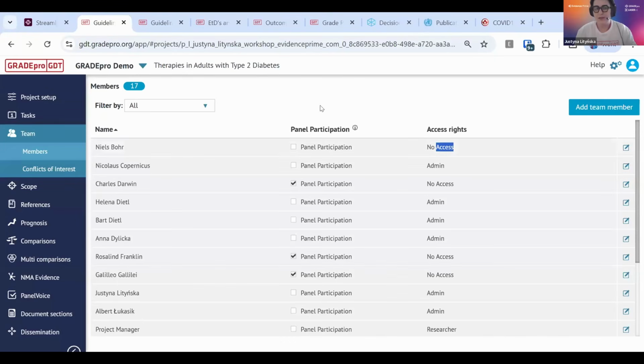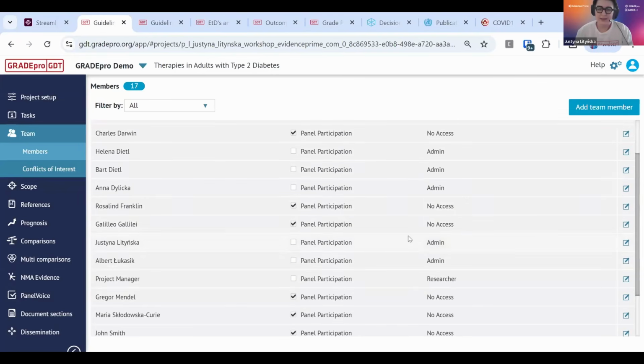So they don't need to have a GRADEpro account at all, and they don't even need to be a member of the workspace. They can be anyone as long as they possess an email address. And if you mark them as a panel member, they will receive forms on the stages that I mentioned, and I will also mention those stages later on as I proceed. But it's important to remember that even if I invited someone with no access, for example, let's say Galileo here has no access, and I decide that I do want him to